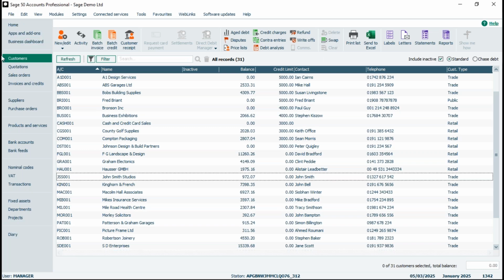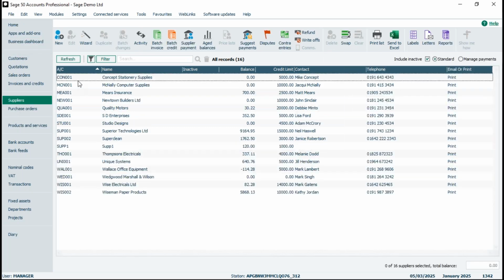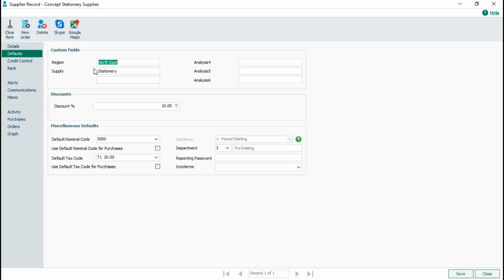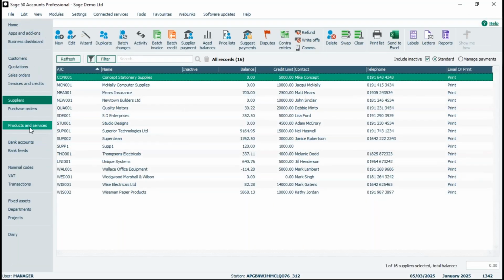So we looked at customers. Obviously, you've got the same option in suppliers. If I go into a supplier record, onto defaults, again, you've got the fields at the top here. I'm assuming I must have knocked the title out at some point for this one. So again, if I needed to, I could just go Settings, Configuration, into the custom fields and put that title back in, whatever I want to use it for. So that's suppliers. If we pop into products and services,